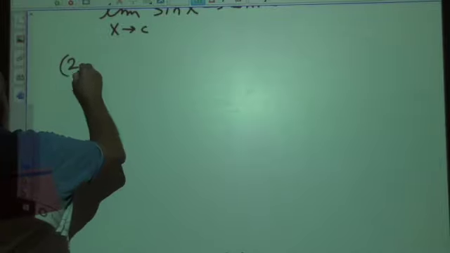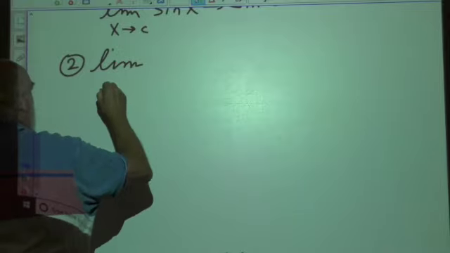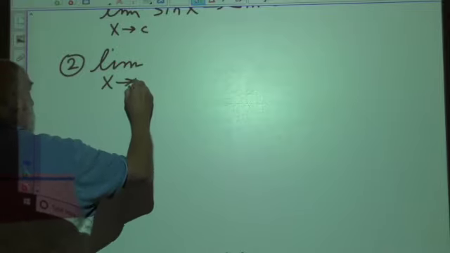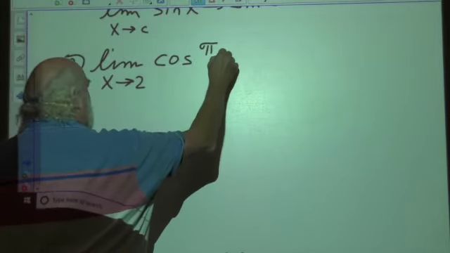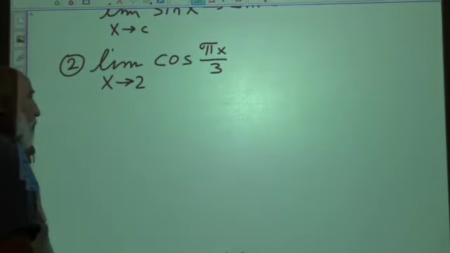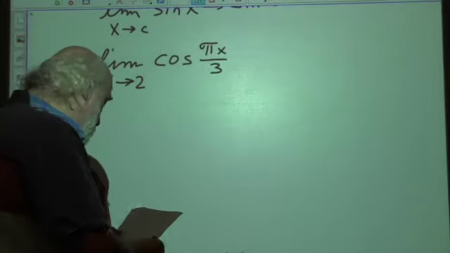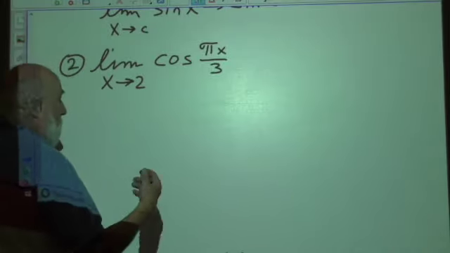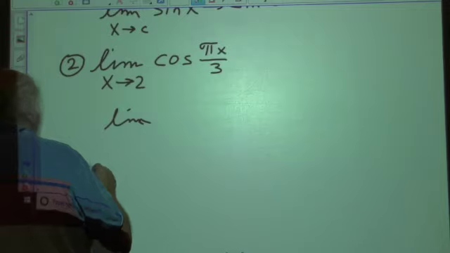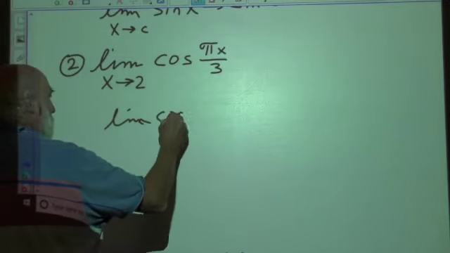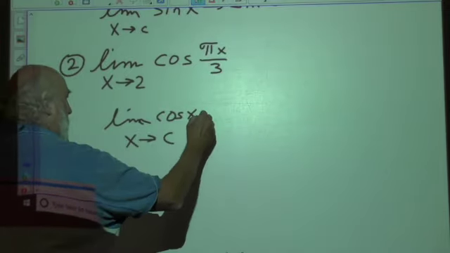Sample number 2. We want to find the limit as x approaches 2 of the cosine of pi x over 3. And again, theorem 1.6 has a little description of cosine functions. And it states that the limit of cosine of x as x approaches c